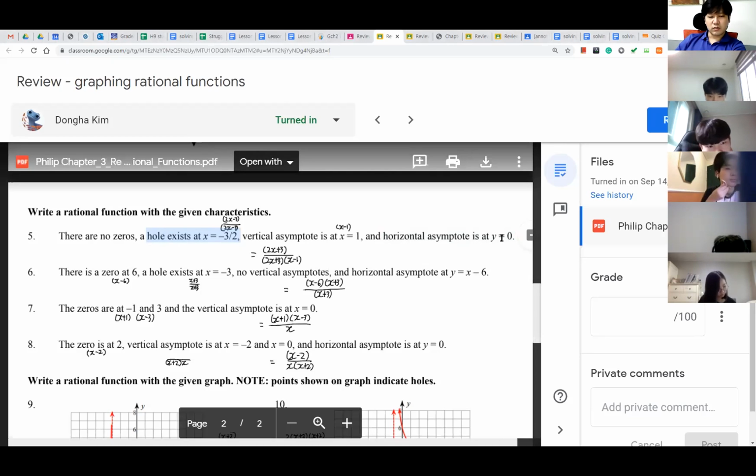And horizontal asymptote y equals 0. Because there's a horizontal asymptote, that's one of the reasons why it does not have zeros. It does not touch the x-axis. But my question is,